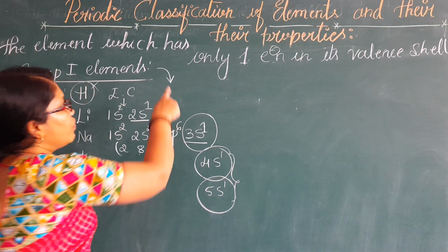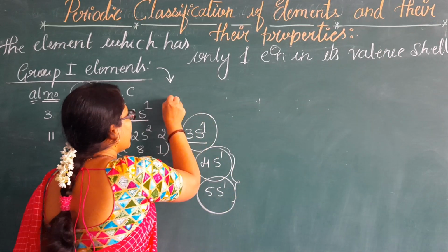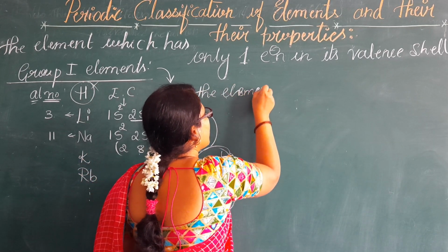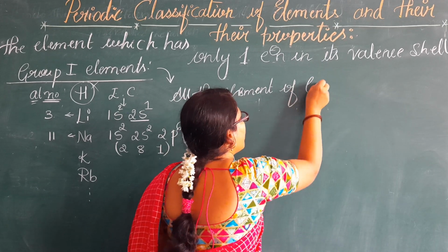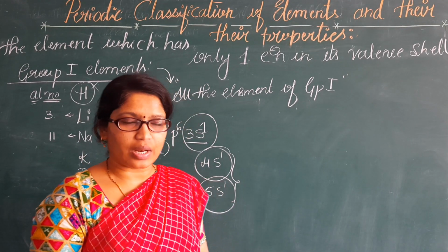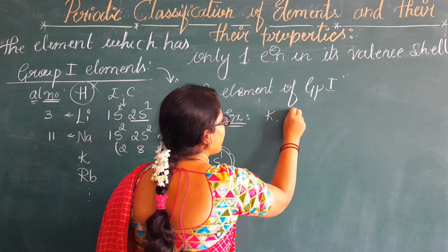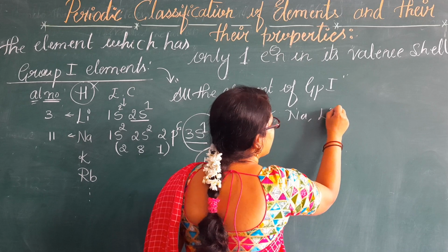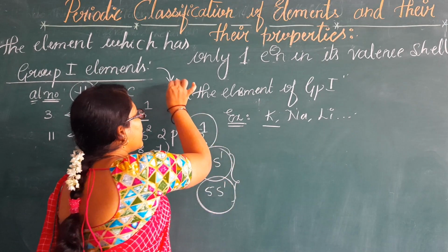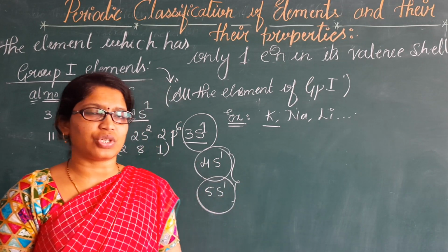Name the element which has only 1 electron in its valence shell. I could write all the elements of group 1, which possess 1 electron in their valence shell. As well, I could write an example such as potassium, sodium or lithium and so on. If you write any one of the elements, the answer is correct. If you write that all the elements of group 1 show 1 valence electron in their valence shell, that will